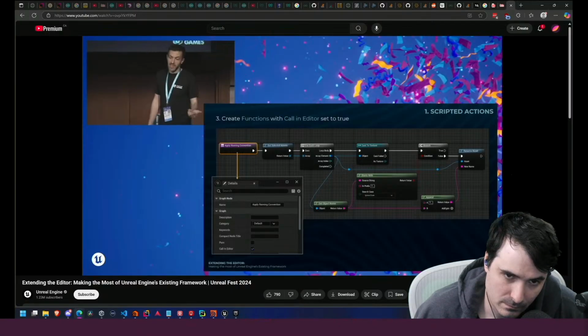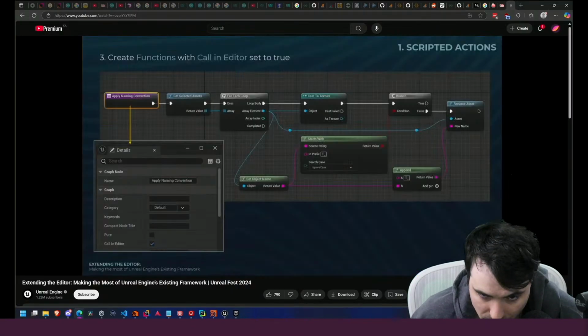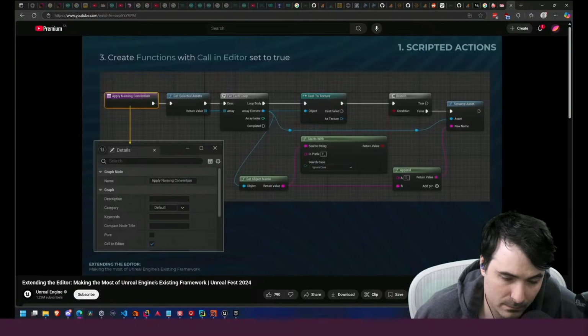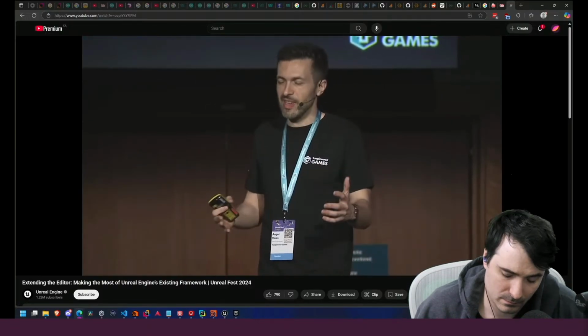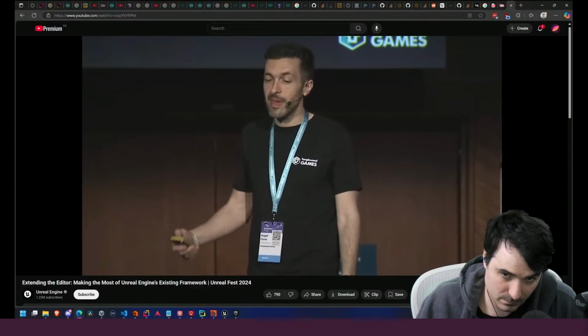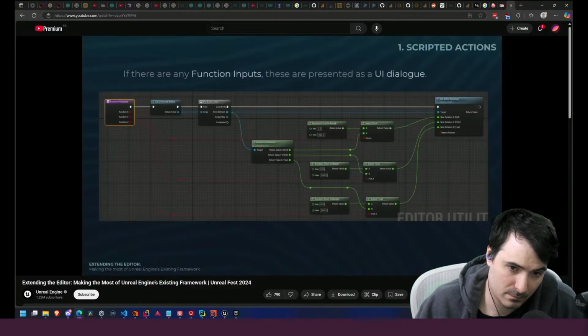For anything we have selected, we check again if it's a texture, because if you have multiple types of objects, this action is going to try to apply to all of them. We check if it starts with T underscore, and if it doesn't, we just rename the asset and add that. This is a very simple example, but of course you can expand and be quite granular about these things. Then this is the other example with the actors, and something really useful about this is that